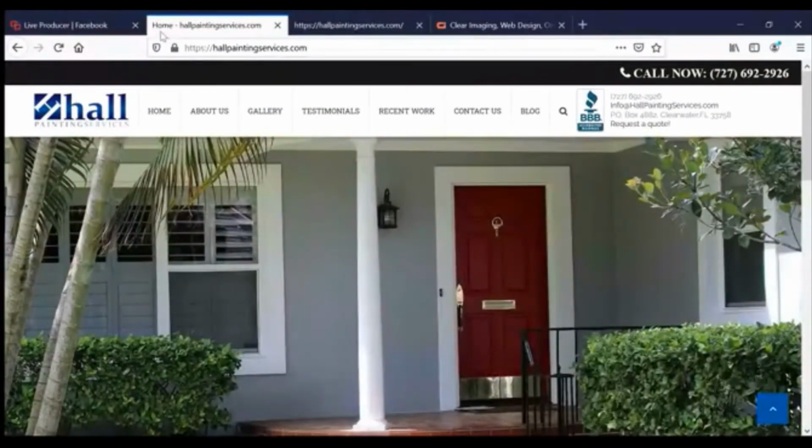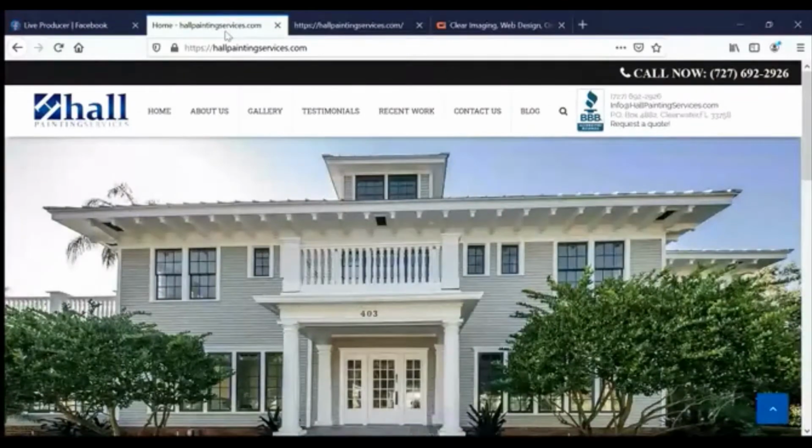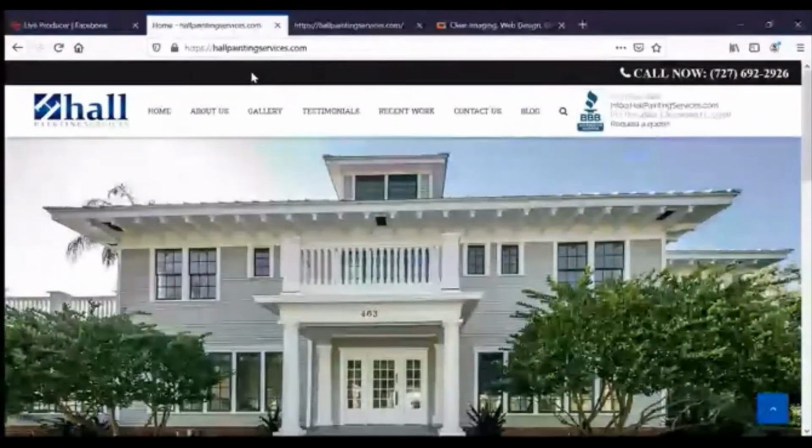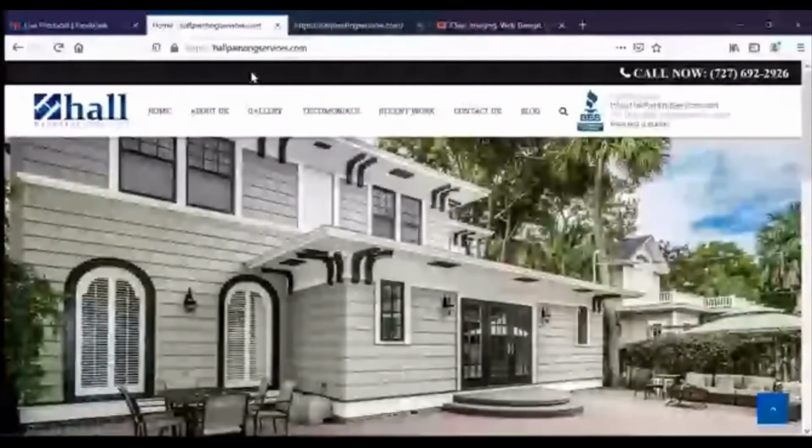So long story short, these have to be edited very intelligently, and putting the word home is a big mistake because you don't want to try to get to number one in Google with the search term home. You also don't want to put your whole URL there, I mean your domain name. For the homepage, what you should be putting is your company name spelled out. So in this case, Hall Painting Services, and then the service you provide. So residential painting, residential painting contractor. Throw in a keyword in there, and then you put Clearwater FL,